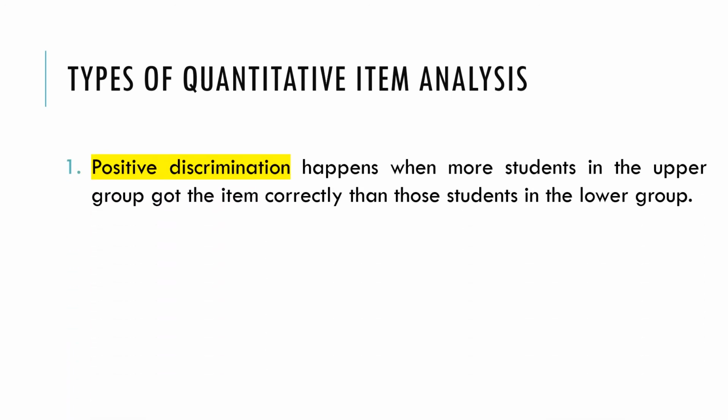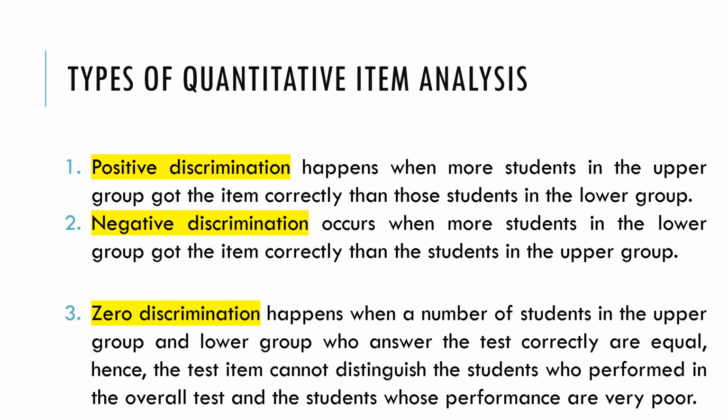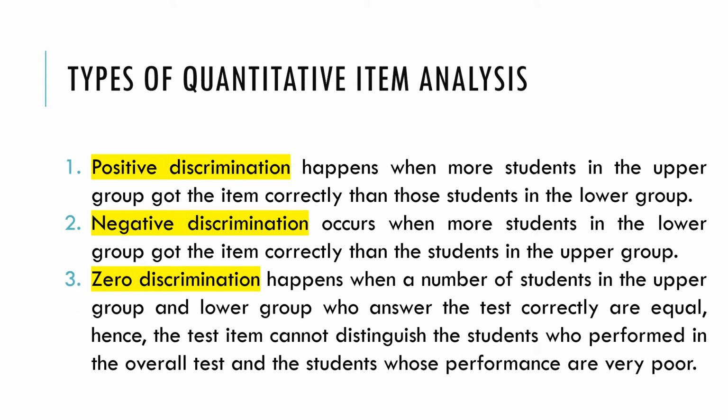Okay, so we have here the different types of discrimination. There are three kinds of discrimination index. We have positive discrimination, negative discrimination, and the third one is the zero discrimination. So when we say positive discrimination, it happens when more students in the upper group got the item correctly than those students in the lower group, because this is actually the normal one, no? Our assumption here should be the upper group of the class, not the upper group, mean to say yung matalino na grupo, no? Because yung upper at saka lower group kasi